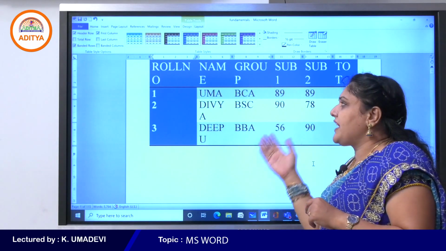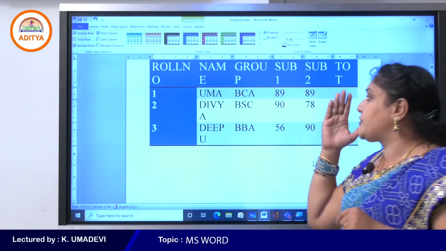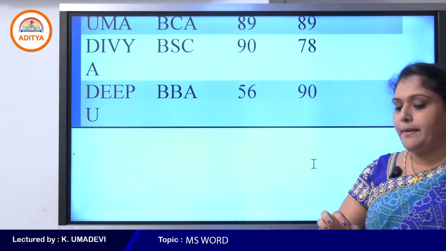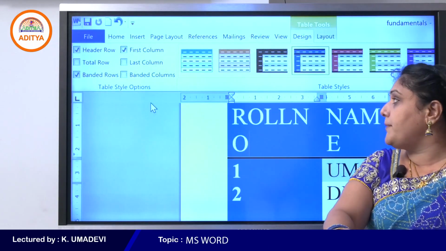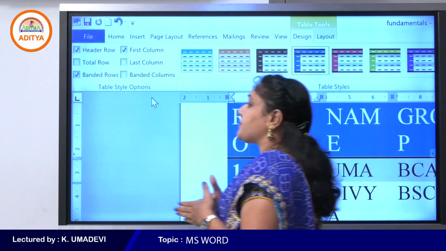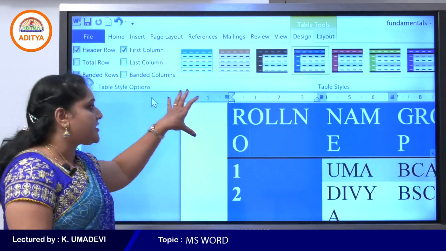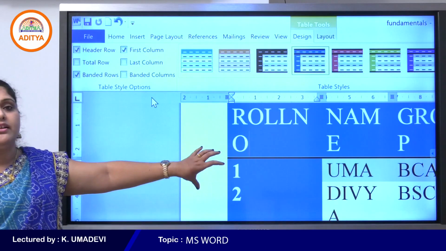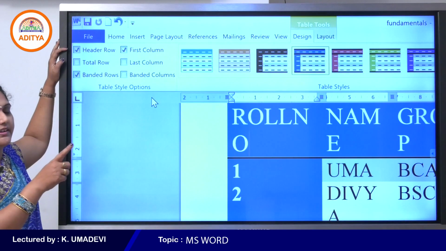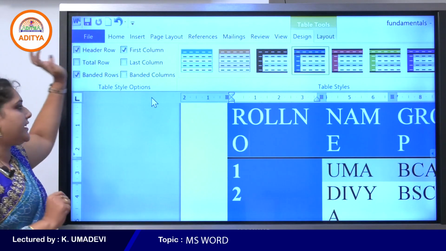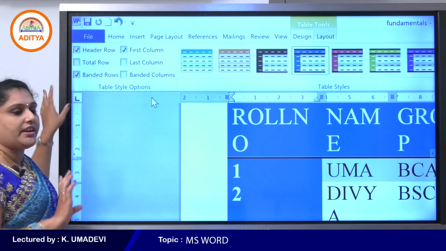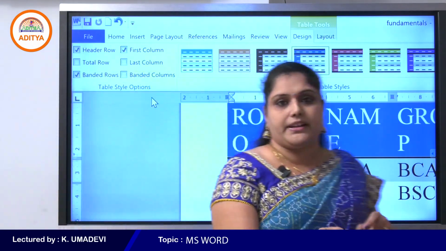Okay, here we are having Table Style Options on the left hand side of the Table Styles group. So on the Design tab, the first group is Table Style Options. Table Style Options are used to modify the table styles which we have applied for the table. For example, here already header row is selected, first column is selected, banded rows is selected. Am I right? Okay, just observe the screen. I'll deselect the items.